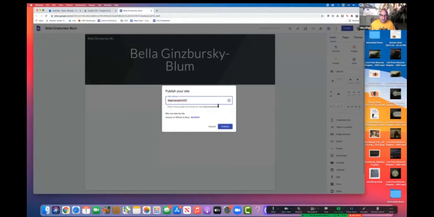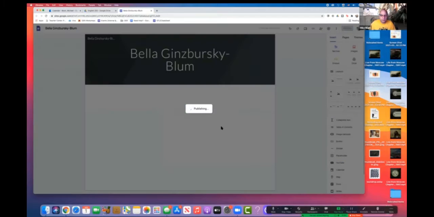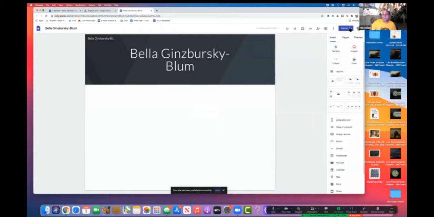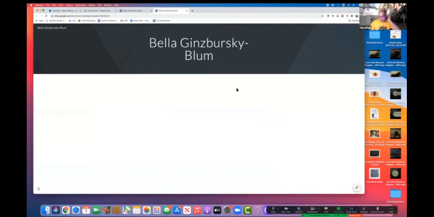And I'll hit publish, and then look at that horrible URL. I'm never going to remember that. And I'll hit publish. And then I can view the site. So to view the site, I'm going to pull down my arrow next to publish, and I'll hit view the published site. Okay, so now here's the site, and you notice here's that URL,